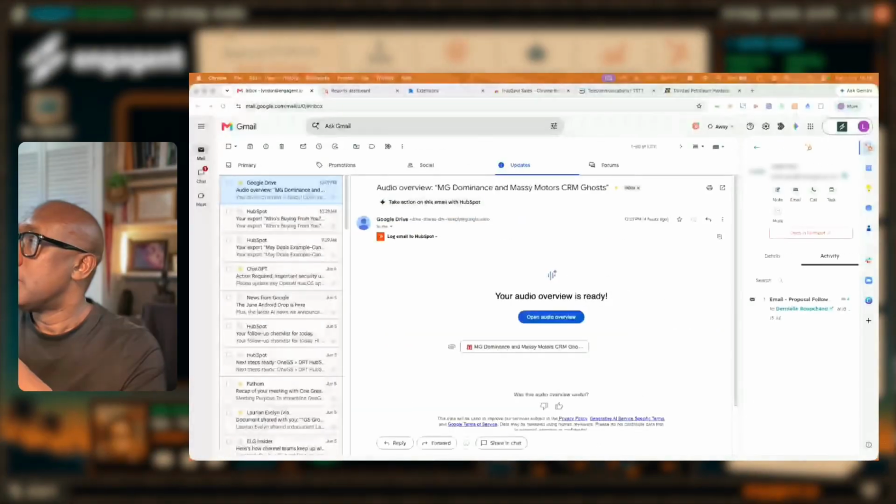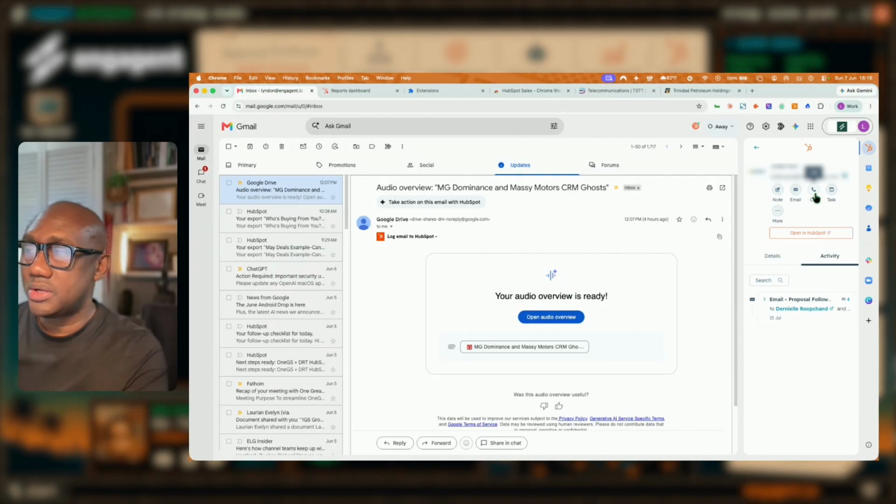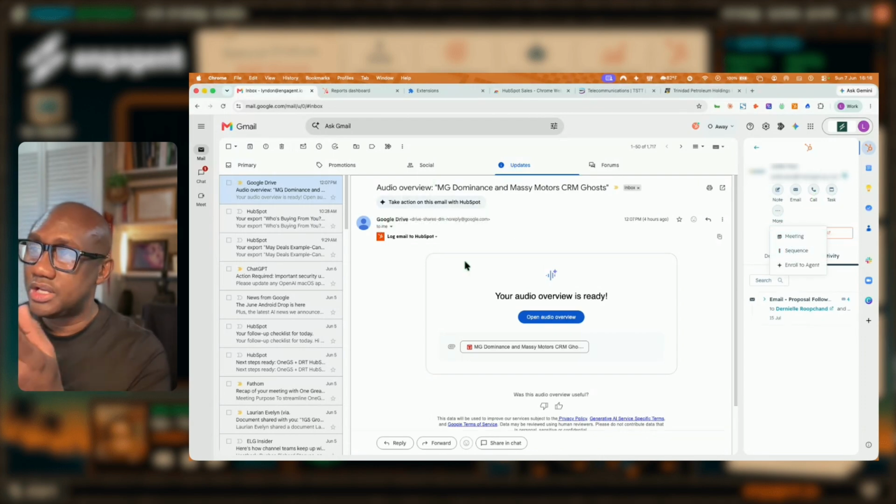So let's continue. As we are here, you have the ability of doing a couple of things along the lines of sending notes, pushing an email out to the individual, making a call. If you have the ability to make calls based upon where I am, this particular call feature does not work unless I'm calling the US or Canada. Creating your tasks and more, right? Because you could actually create meetings, even though you can do it here in Gmail, enroll someone in a sequence or enroll your customer, your sales agent or your prospecting agent if you are actually on Sales